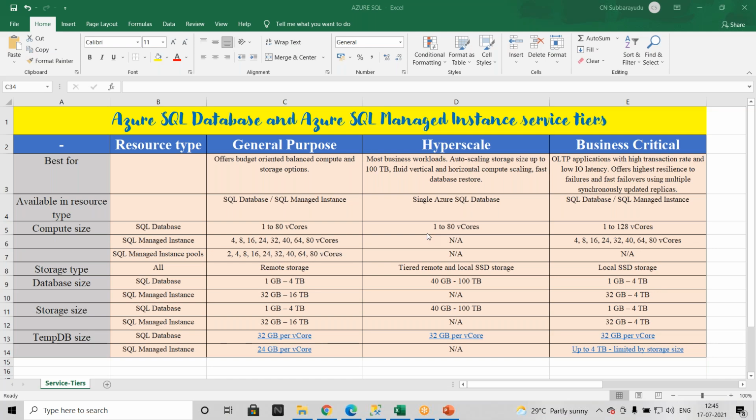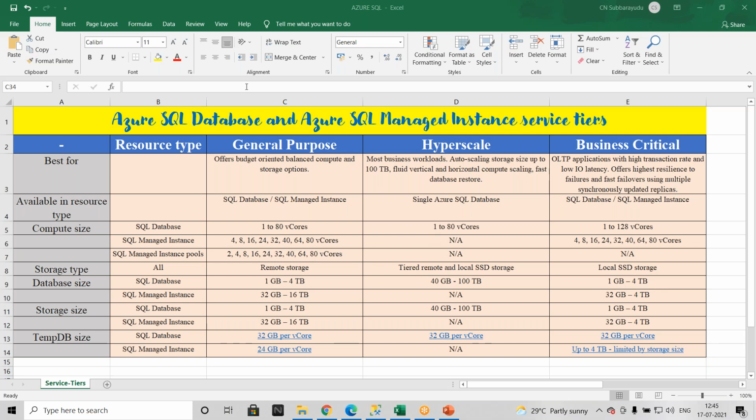Today we are going to discuss hyperscale and business critical. Hyperscale, business critical and general purpose all belong to vCore.